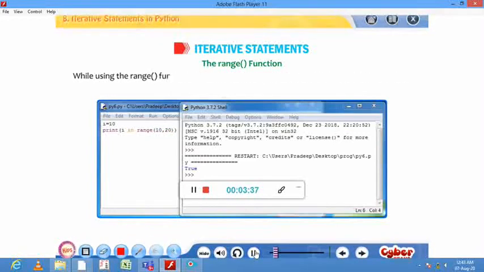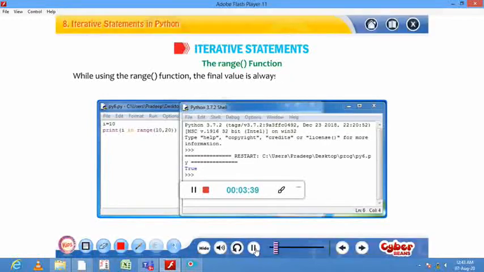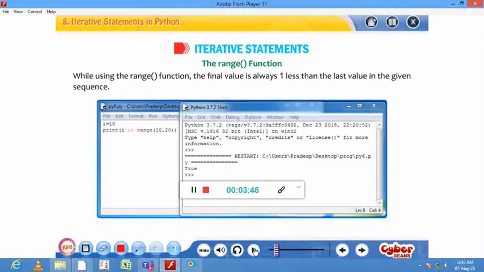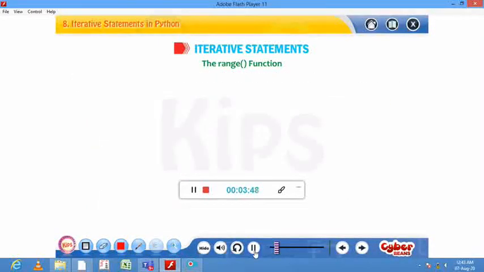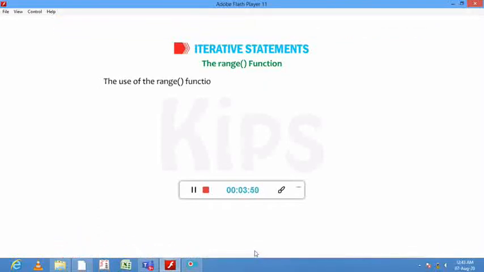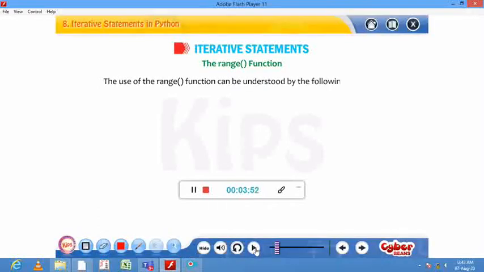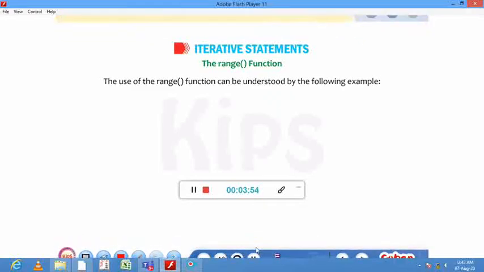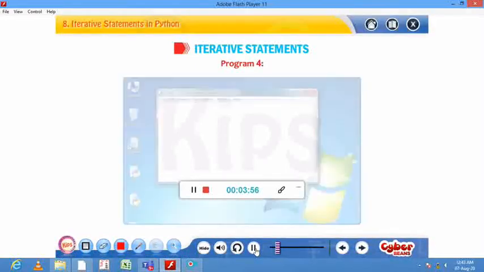While using the range function, the final value is always 1 less than the last value in the given sequence. The use of the range function can be understood by the following example. So let us see a program.